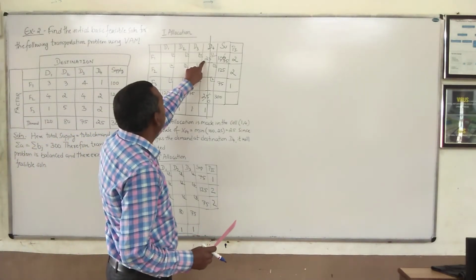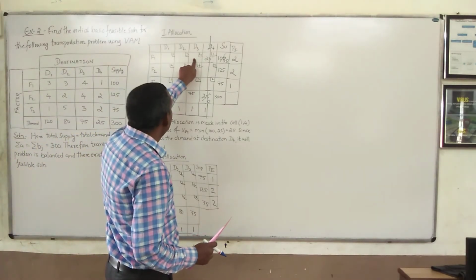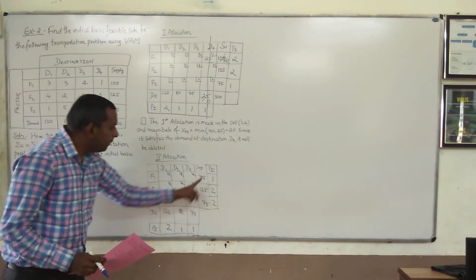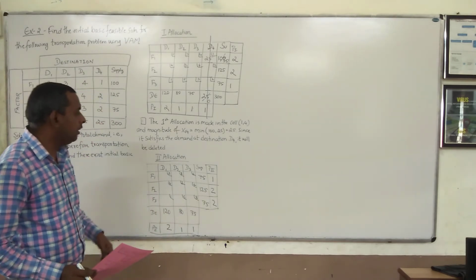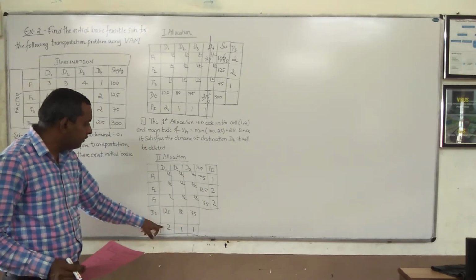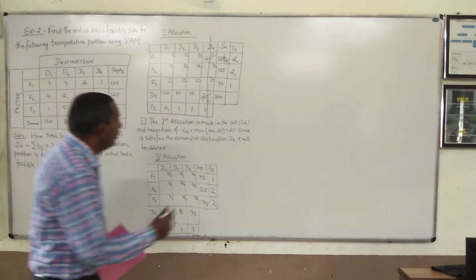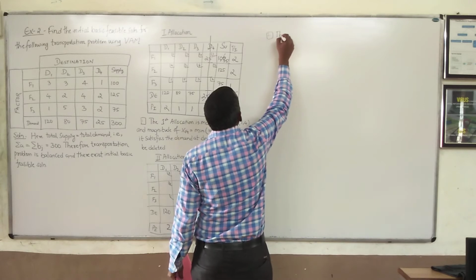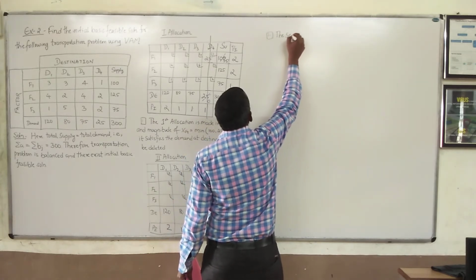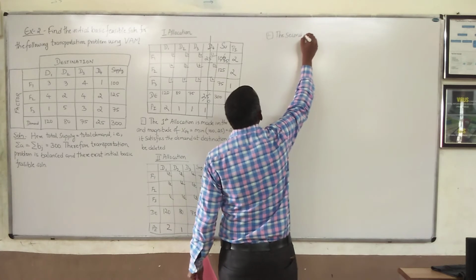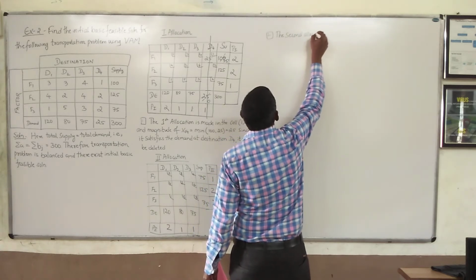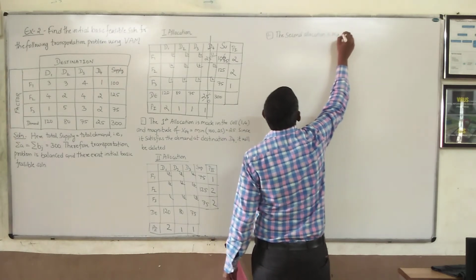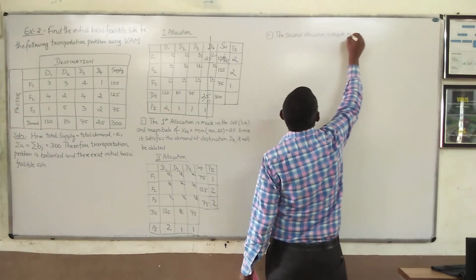So what happened here? Because this row is eliminated, automatically the penalty has changed here. So automatically the penalty is 2, 2, 2. So choose any one arbitrarily. For now I am choosing this one. So let me write the description here. The second allocation is made in the